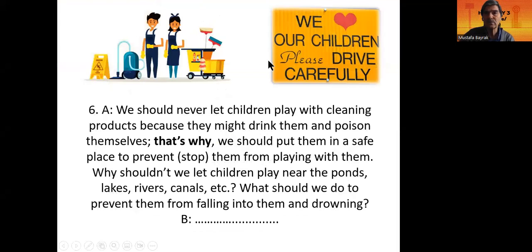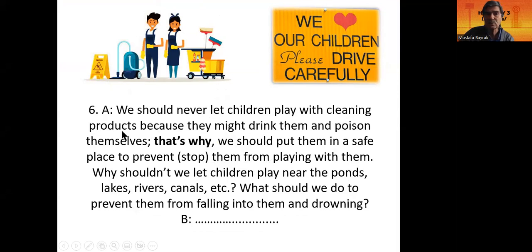Sixteen. I am reading the image. Our children, please drive carefully. We love our children, please drive carefully. Okay, 6a. We should never let children